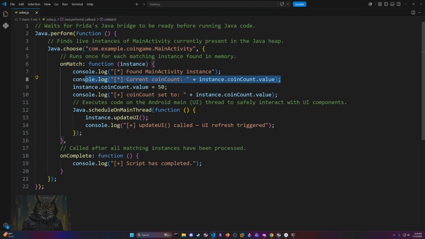So we're going to log that to the terminal, and then what we're going to do is set that, and we'll set that to 50. So that's greater than 10. That should give us the win. And then we're just going to again log to the terminal the coin count set to, and now it should be set to 50. So if we were to run it right now at the current state of the game, since we got it to 8, it would say current coin count is 8,